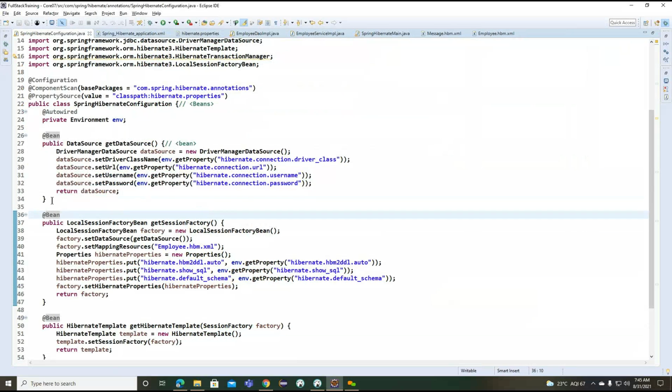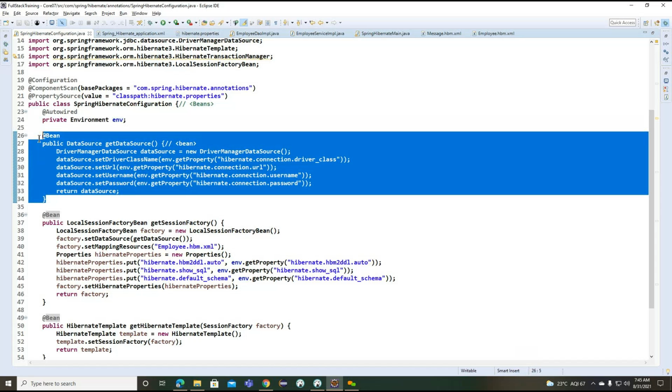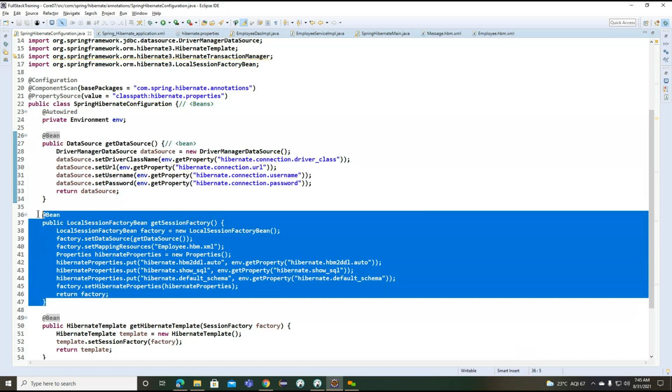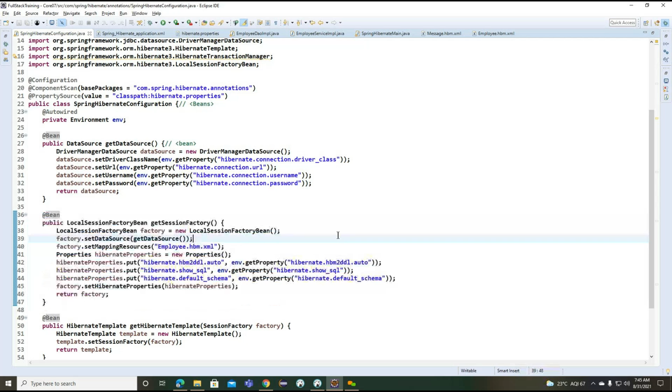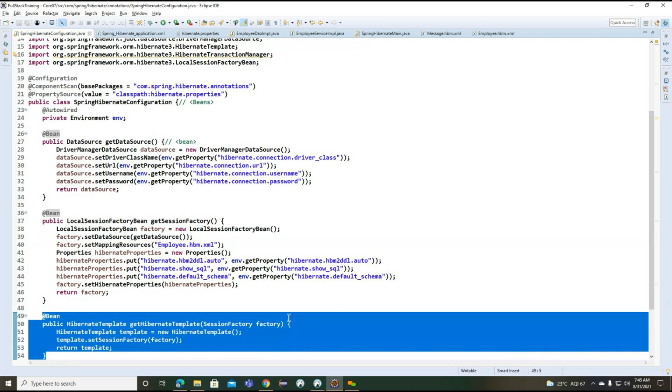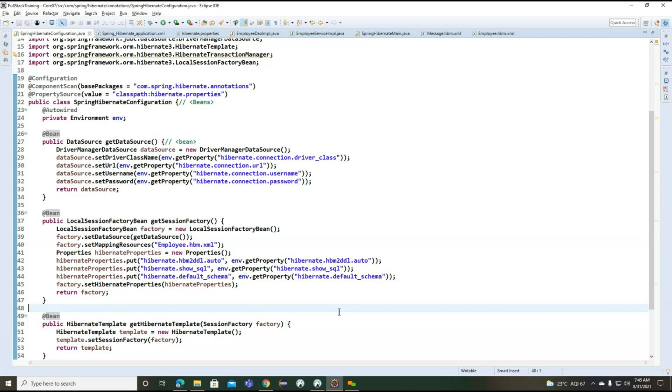The data source is going to work with the database configuration here. So the database configuration will be created inside the data source object, and the session factory, this particular local session factory bean, is going to work as our Spring with Hibernate integration section code here, and finally we work with a template class here. So with the help of this Hibernate template, internally we are integrating with our Hibernate here. Okay, so from Spring we are integrating with Hibernate here.